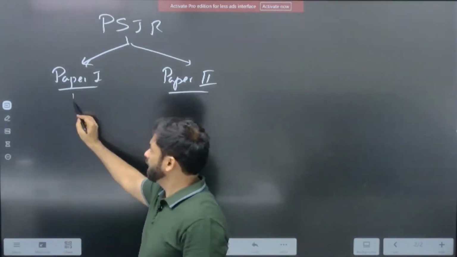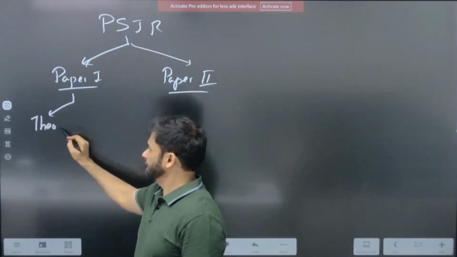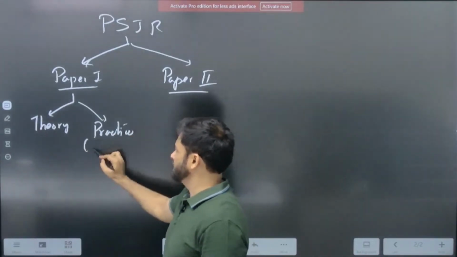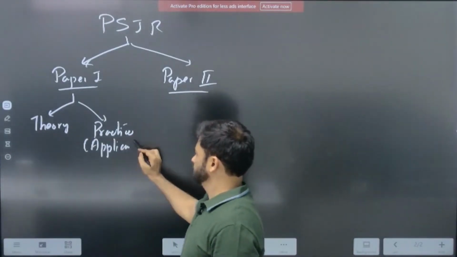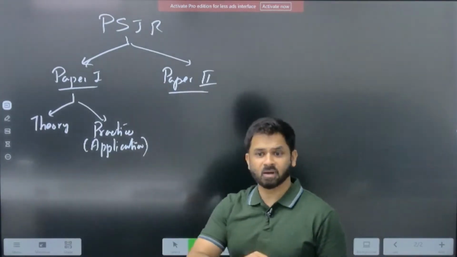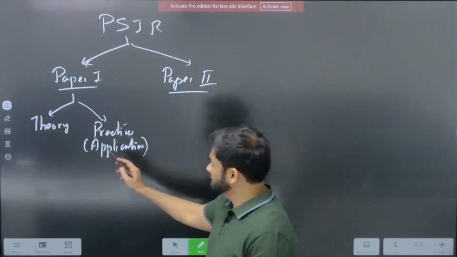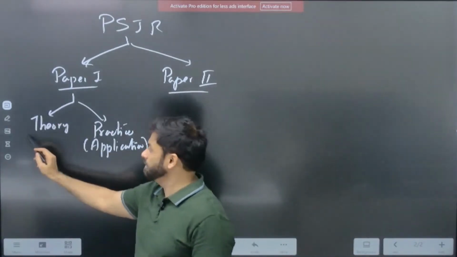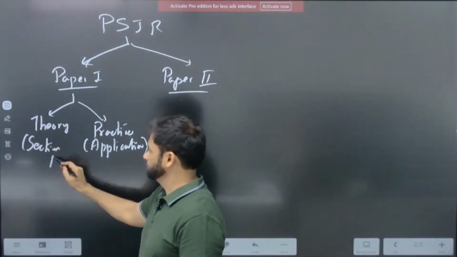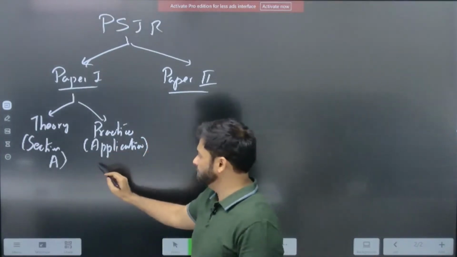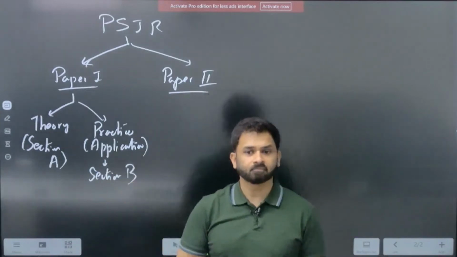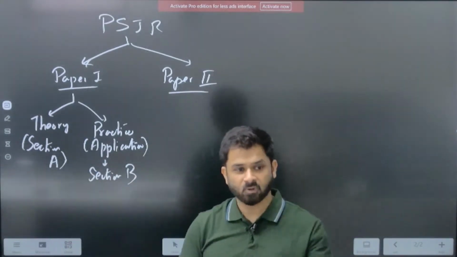In paper 1 we have theory and we also have some practice, or you can say it's an application. In paper 2 also you have theory and practice. But in this case theory is given in section A, and the practice is all given in section B. Section A of paper 1 is all theoretical,